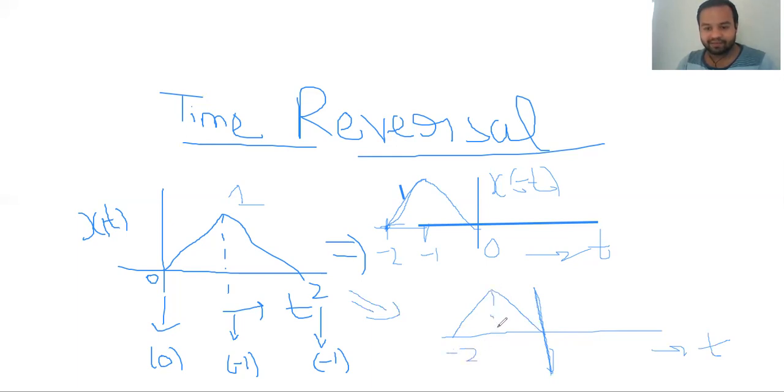This is very easy. Are you getting it? This is what you have to do. There are two ways. The first way is to just multiply all the coordinates by minus 1 and draw the graph, and you will get this. The second way is to take this as a base axis and rotate it 180 degrees anti-clockwise, and you will get it here. By these two ways, you can calculate the time reversal.